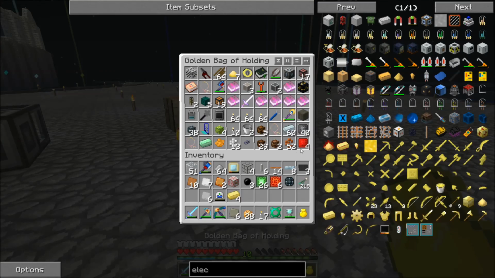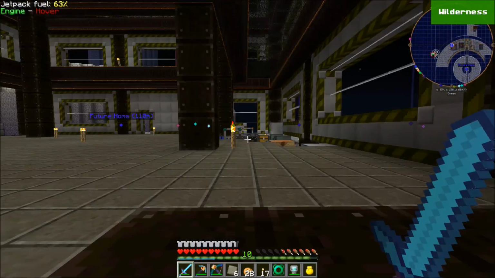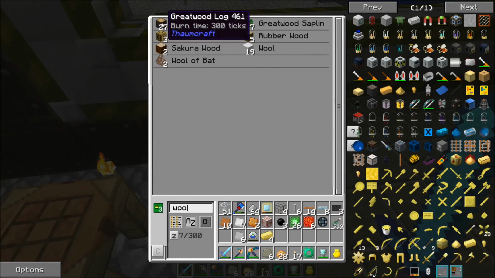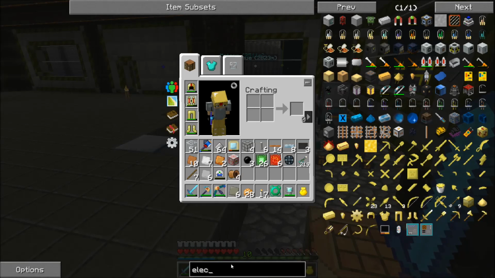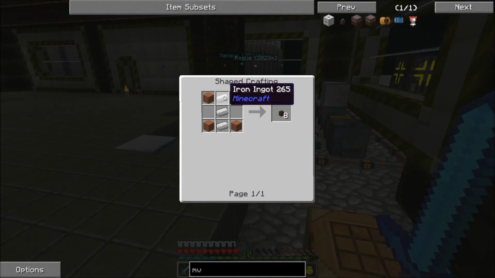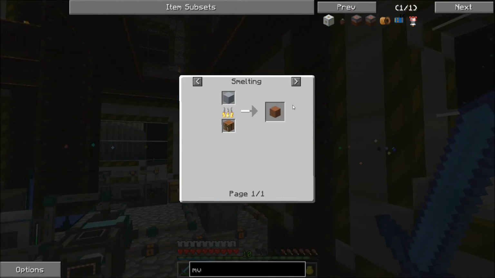And sticks. Do I have sticks on me? I think I'm out of sticks. Okay. We should be good. There's our MV wire coil. And now the last thing that we're going to need is these wire connectors, just iron and hardened clay, which I need